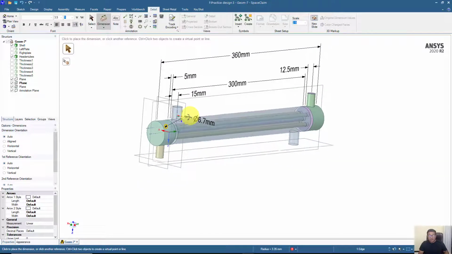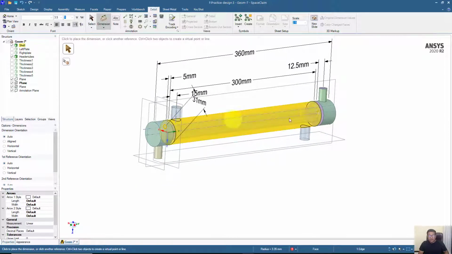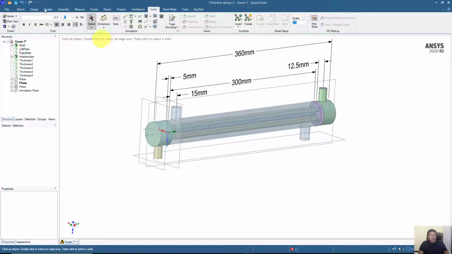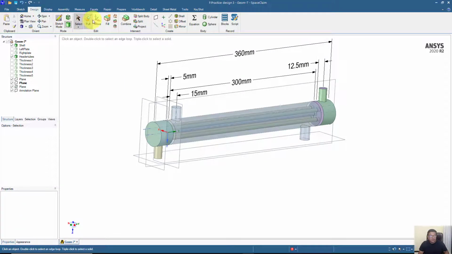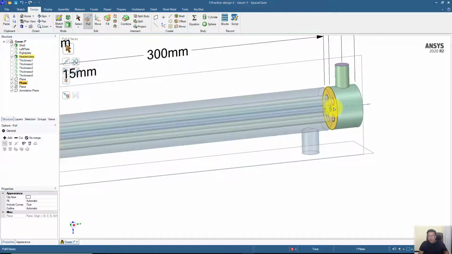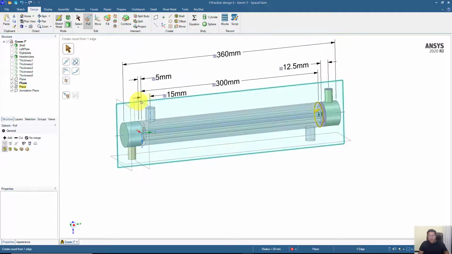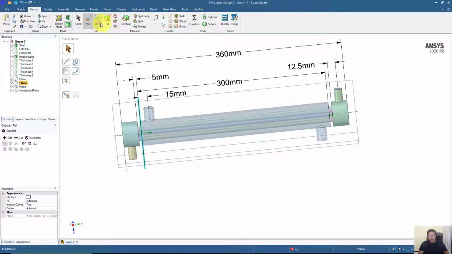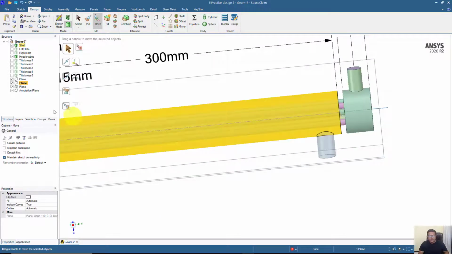6.7. And if you need, you can also move this plane to this side. I think this would be the better option. So I can move this plane up to here.